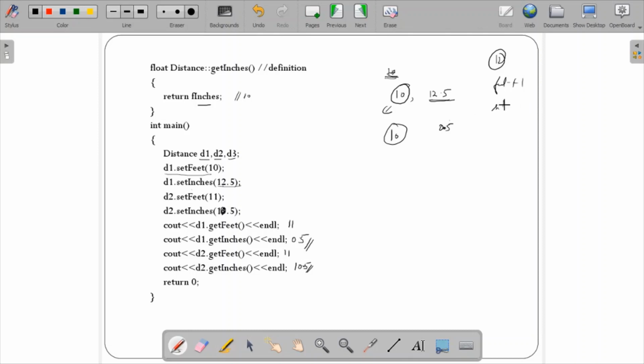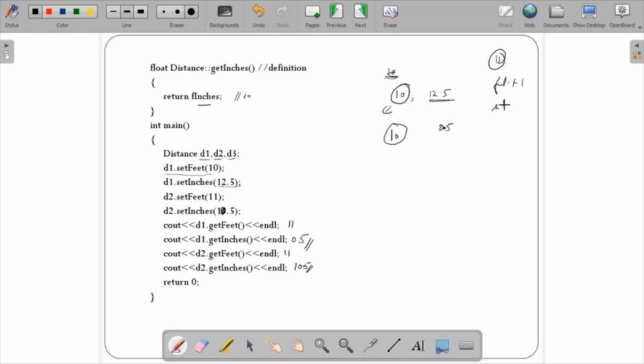If it is lesser than 12, then the value will be exactly the same. So the library program is developed in such a way that its internal operation is hidden. When an application programmer runs it, he thinks some values are coming and something is happening over there, but he doesn't know the actual logic being performed. That is the concept of data abstraction he is trying to explain to you here.